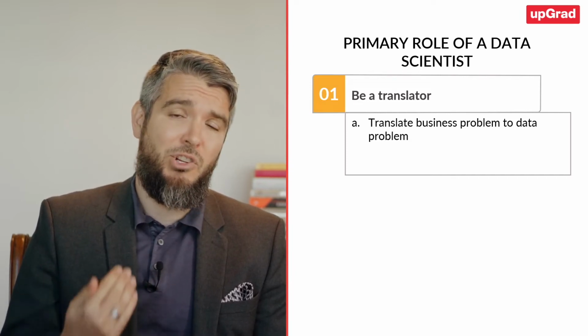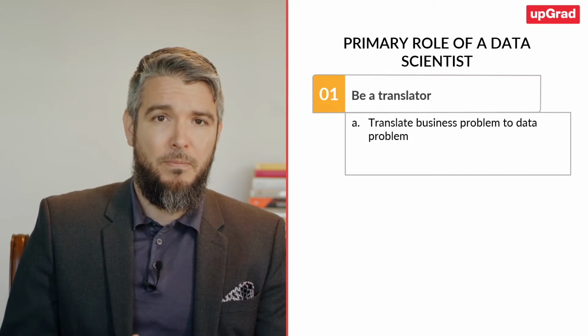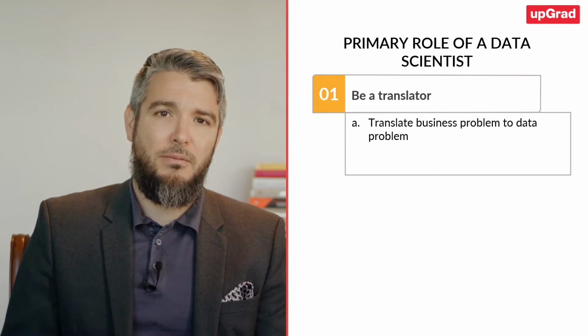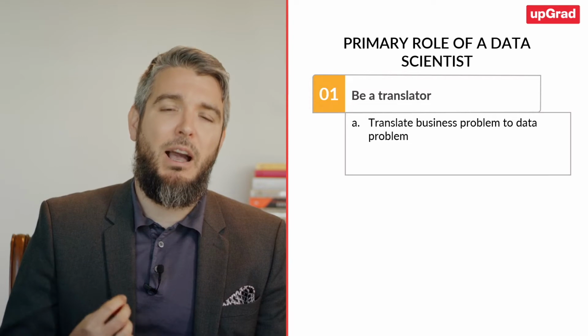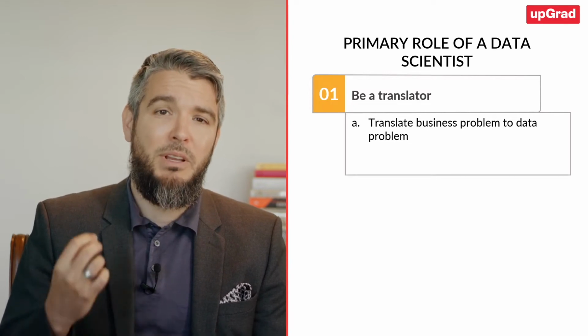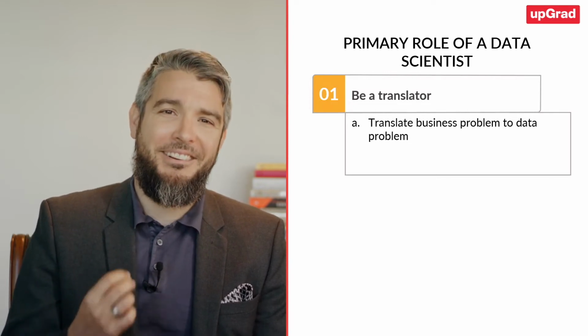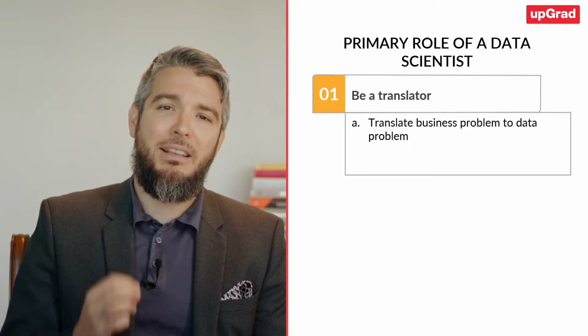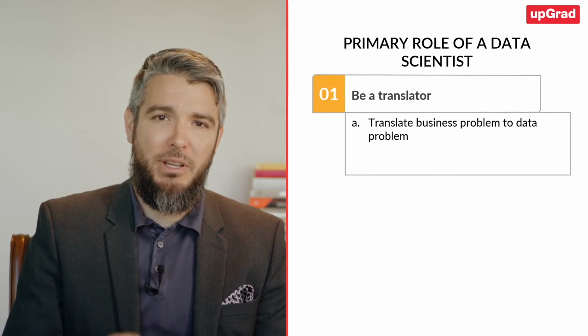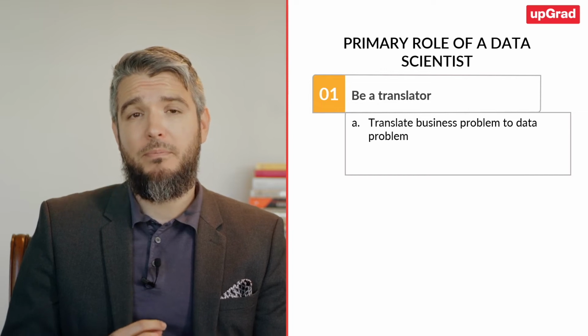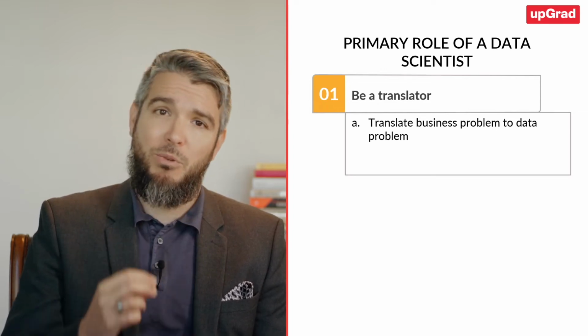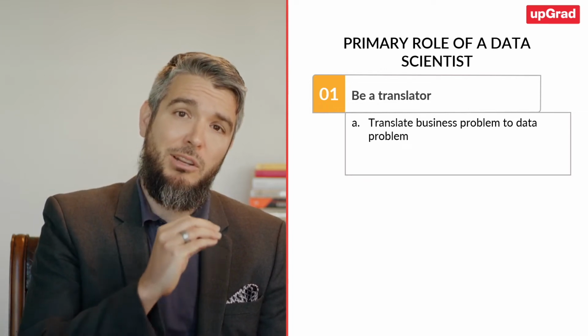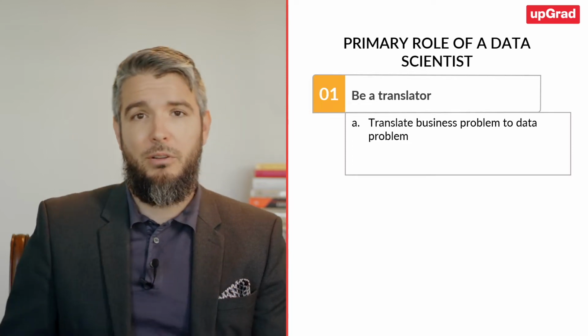The danger of machine learning algorithms is that they always give you an answer. It is your job as a human to say, I do not know. The algorithm is never humble enough to say, I don't know. And it is your job as a data scientist to maintain that humility. So step number one is to translate the business requirements into a machine learning definition that we mentioned earlier.